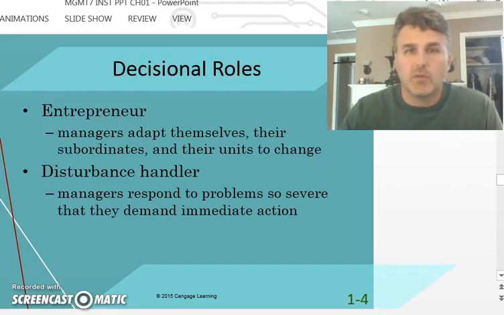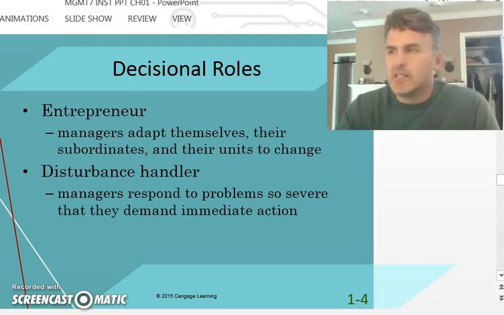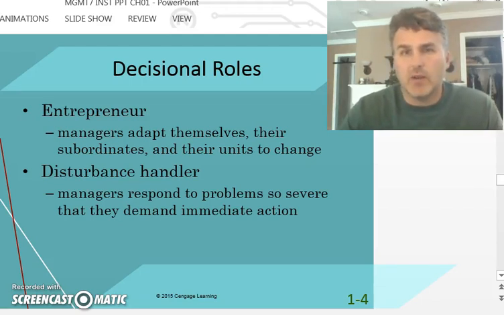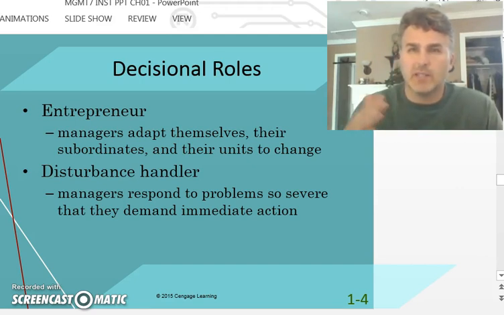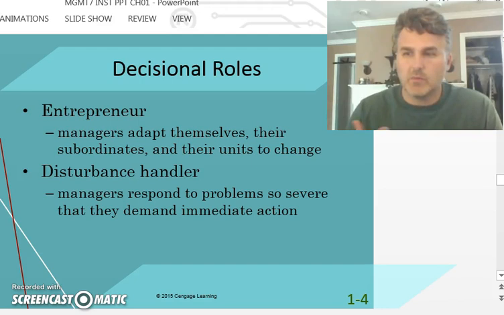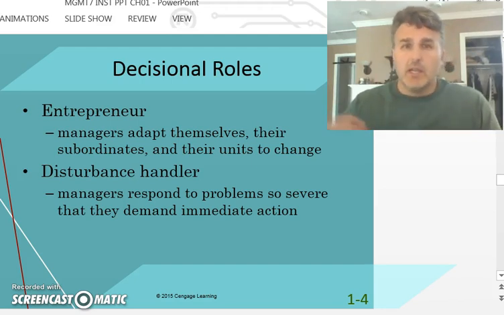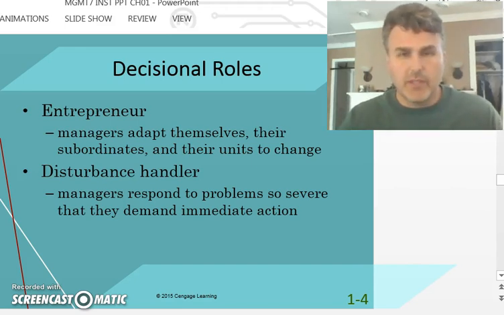All right, decision roles. So this is kind of a strange idea. You have a decision role, and one of the ways that you need to think is as an entrepreneur. So you're trying to adapt your subunit to the environment, and you're trying to take advantage of opportunities or mitigate threats that you see externally, and you're trying to take your strengths and capitalize on those and overcome your weaknesses. And you're also having to deal with a budget.